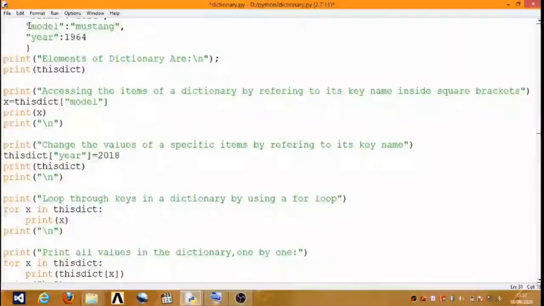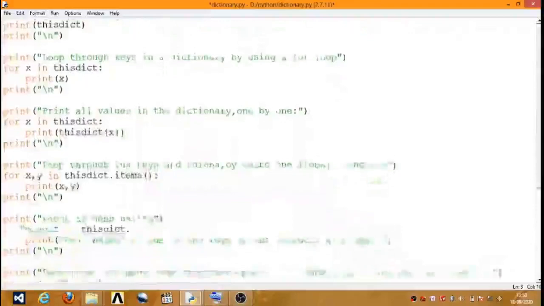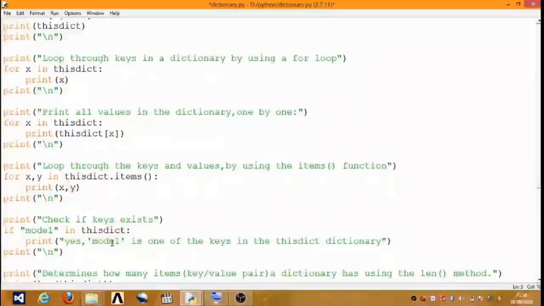Here model is in our dictionary. So here it will print like that: Yes, model is one of the keys in the district dictionary, otherwise it is false.